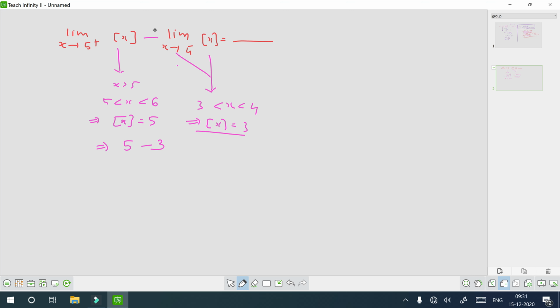Clear? 5 minus 3, that comes out 2. So x greater than 5, so 5 less than x less than 6, so this comes out 5 and this comes out 3, so that is root 2. Answer is 2. Next one, limit x tends to minus 1 of (x raised to 20 minus 1) upon (x raised to n plus 1) is equal to 20 over 2019. And